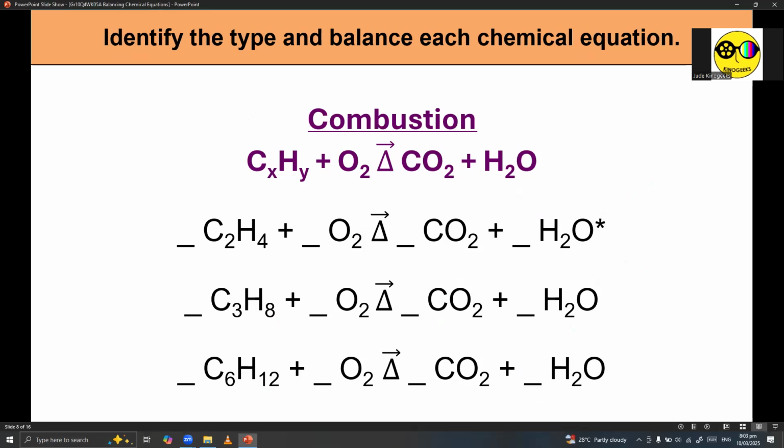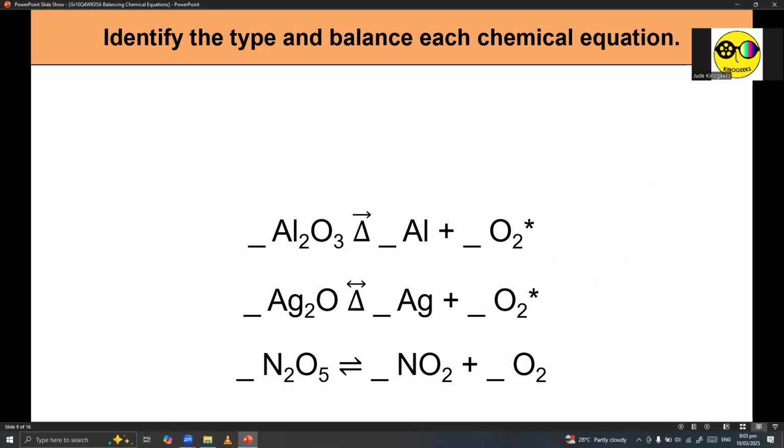All right, so let's proceed to the third set of equations. The third set of equations, we start with our agent, wherein its entities are close together, no? And then eventually they start to separate, no? So this is decomposition because in Tagalog, it starts as magkasama and then the ending is magkahiwalay.